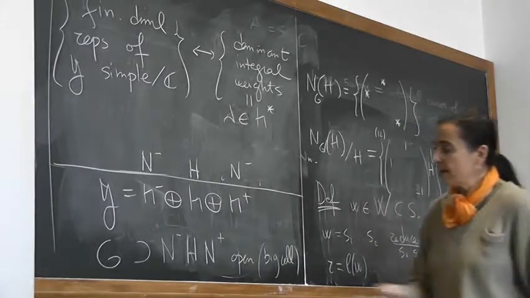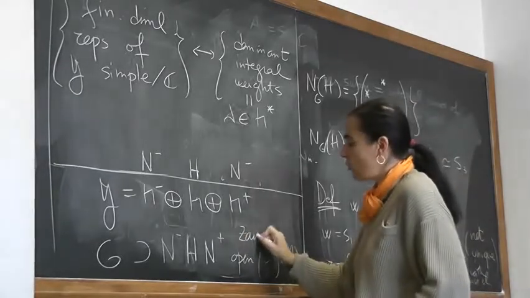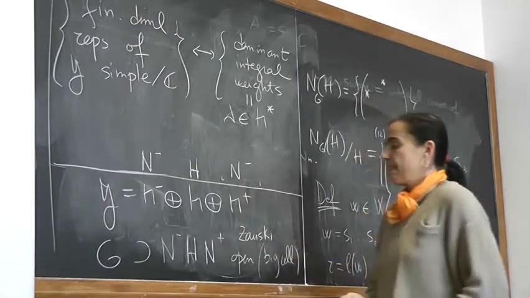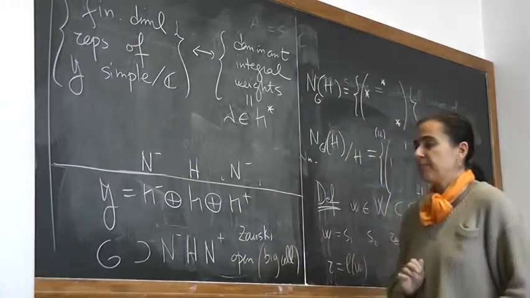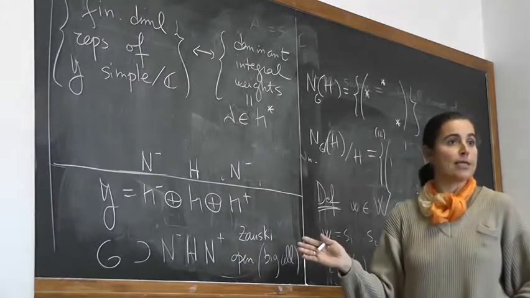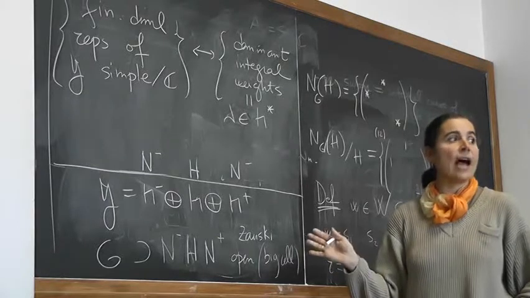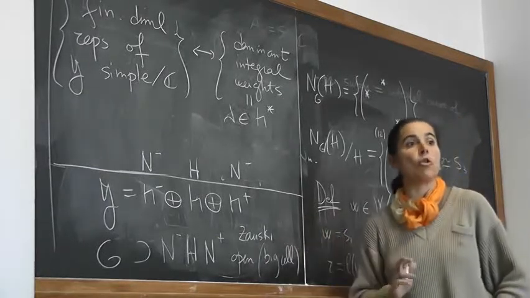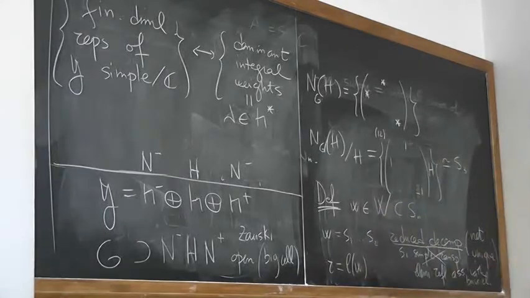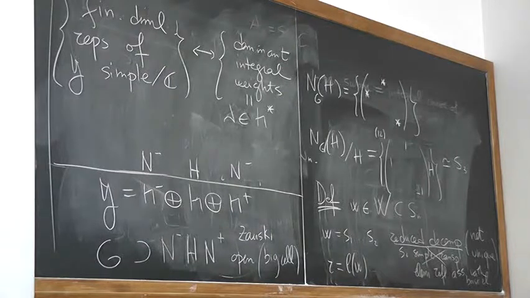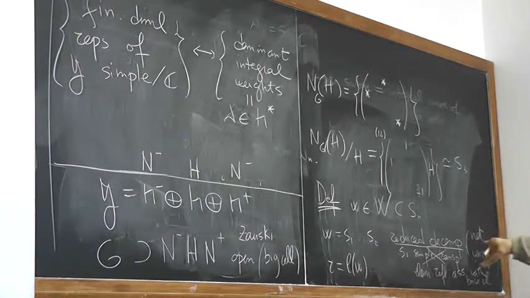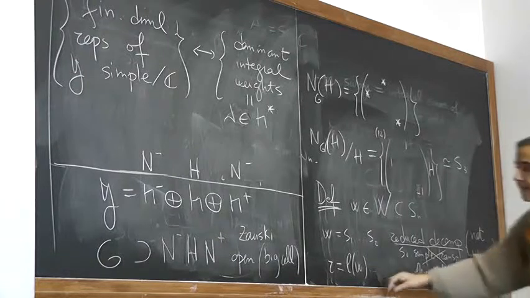Now, when I say it's big, it's Zariski open, okay? So we know what this means, Zariski open, do we? What is left out is just the zeros of some polynomial. Now you may wonder what are the polynomials that are left out. That would be a very good question. And in fact, in the calculation that we're going to make now, it will turn out that we know what is this left out. We're going to make a little calculation.